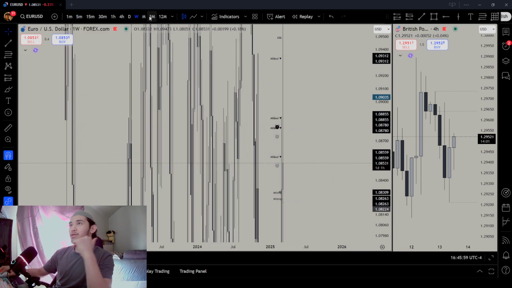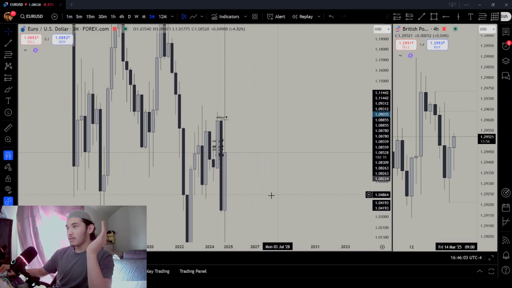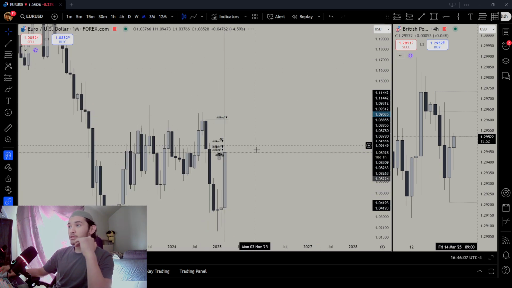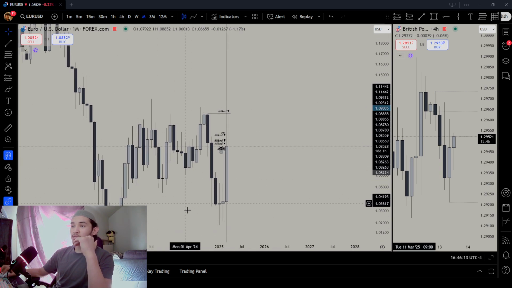Higher time frame: believe it or not, we have a 3-month time frame here. The 3-month CRT low got swept, and we want to go to the 3-month CRT high. On the monthly, we have a monthly discounted IRL to premium ERL. We also tapped a discount on the daily range, so we want to go to the daily range high, which is all over here. That's the higher time frame primarily.